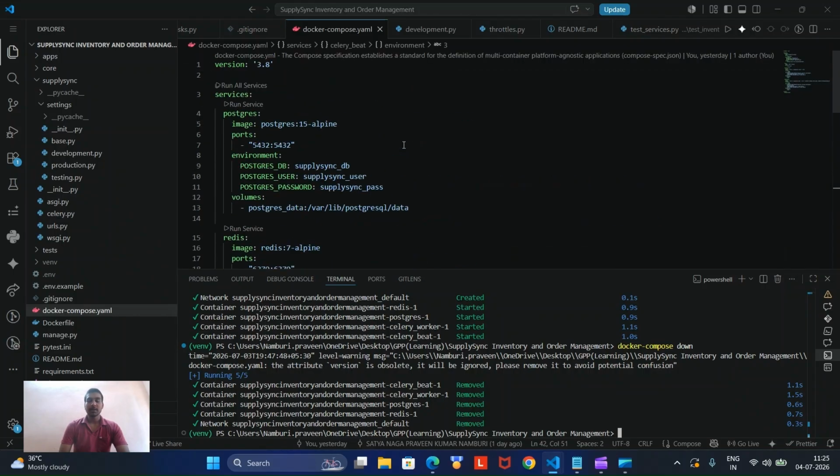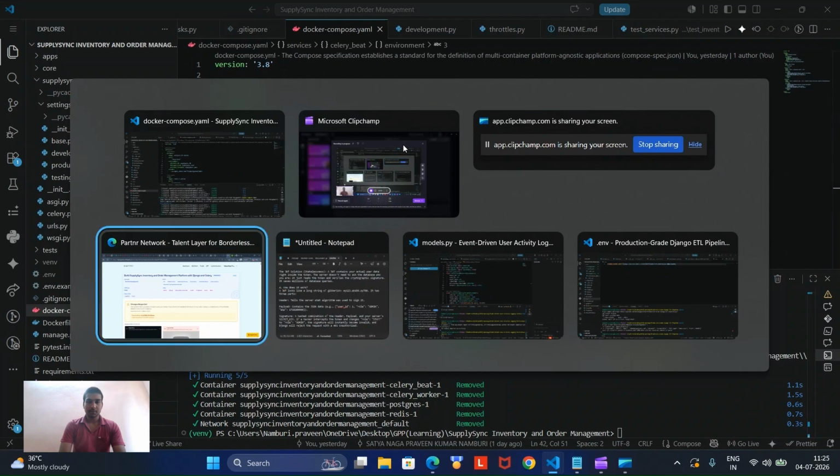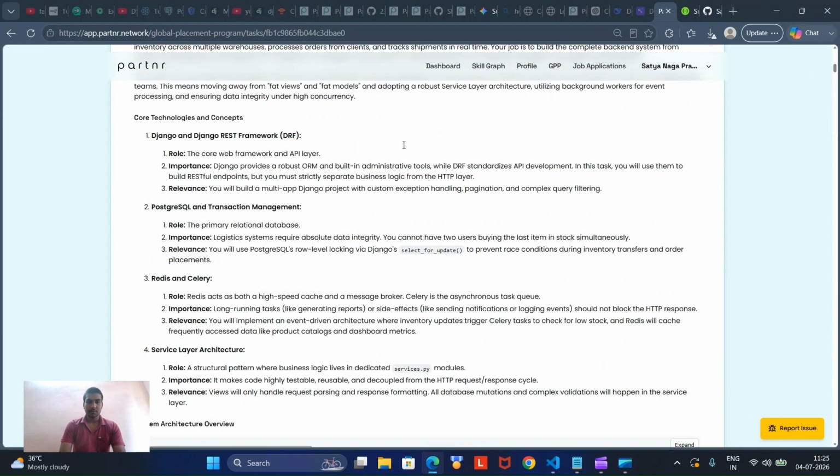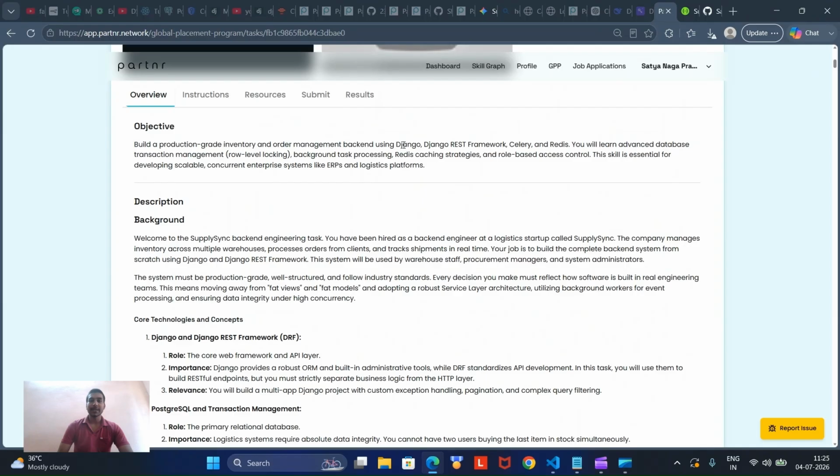This application is completely Dockerized, so I have created a Docker Compose file. Before getting into the code, we'll cover some theory. The objective: we need to build a production grade inventory and order management backend using Django and Django REST framework along with Celery and Redis,